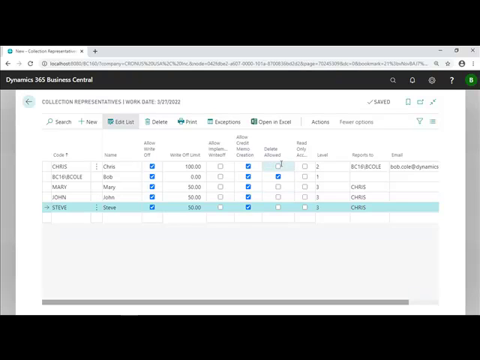Delete allowed. From time to time, during negotiations for payments, sometimes it's a good idea to extend the terms and make a transaction no longer overdue, to give them another month to pay it. So you can go into the customer ledger entry table today without our software, and you can edit the due date of a posted sales invoice. All you need to do is just click on the due date and change it. Well, if you do that, then the invoice is no longer due. But once the